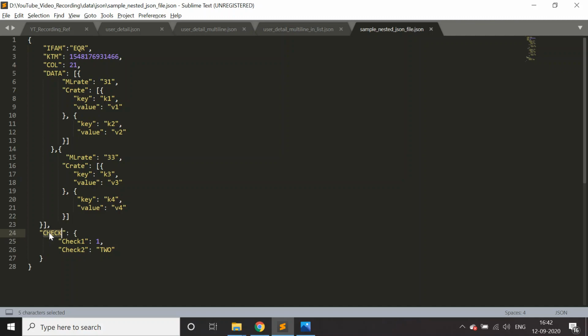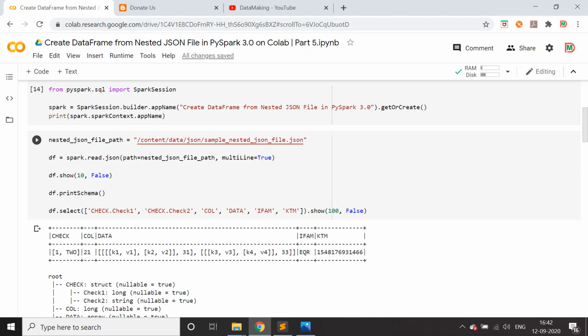When it comes to parsing this nested JSON, I'll go through the program. This is the Google Colab platform. People who have not configured it earlier, or for whom this is the first video they are seeing, please watch my other videos on how to set up the PySpark 3.0 environment on the Google Colab platform.